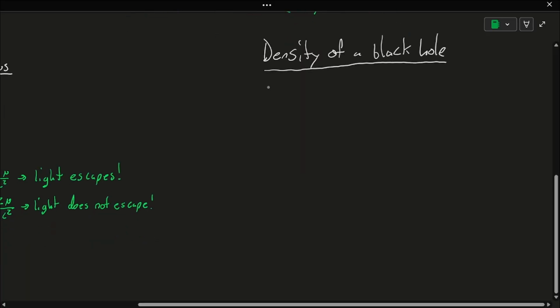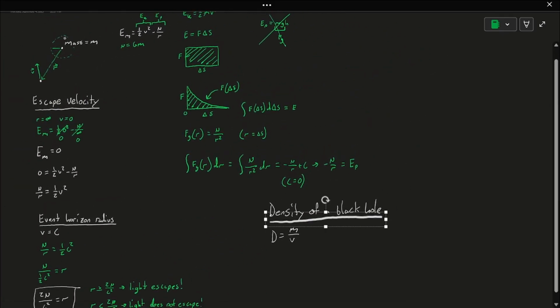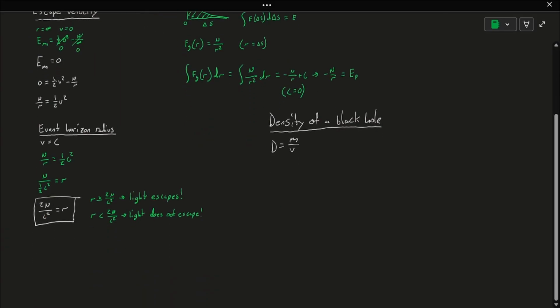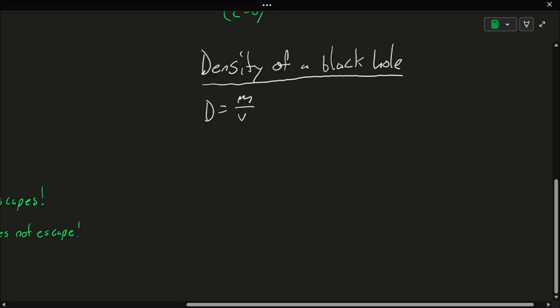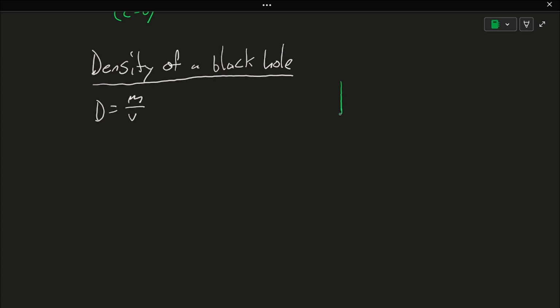So, we know that density equals mass divided by volume. And we can actually calculate our volume. So we know that all of the stuff has to fit within this sphere of the event horizon, right? So by calculating the volume of that sphere, we can calculate the necessary volume, right? So if you remember volume of a sphere, and actually maybe I'll make a little diagram for this. So we have in three-dimensional space, we have some sphere,